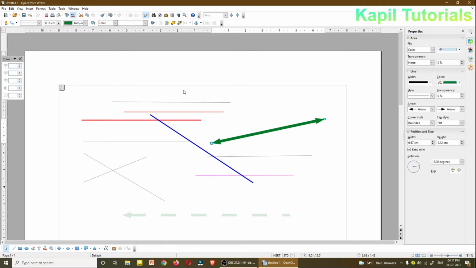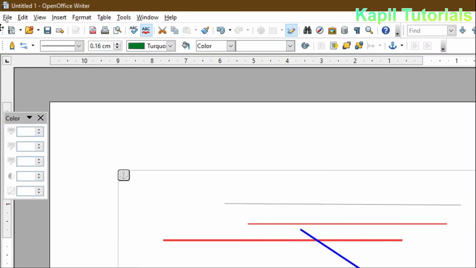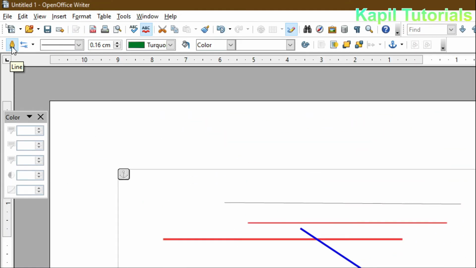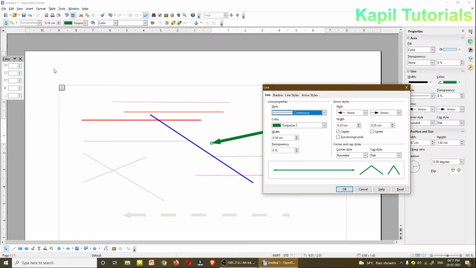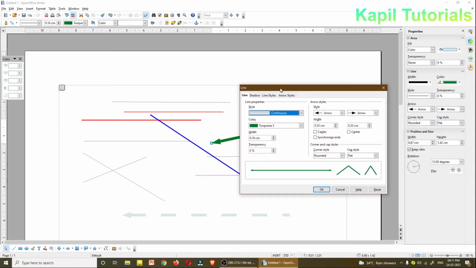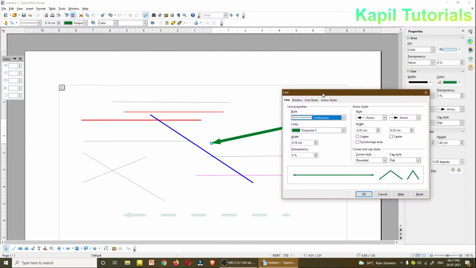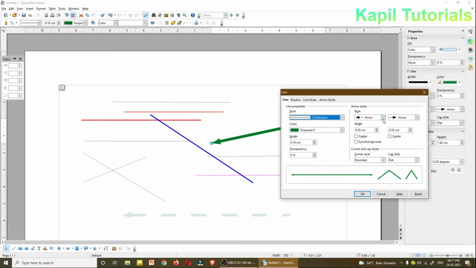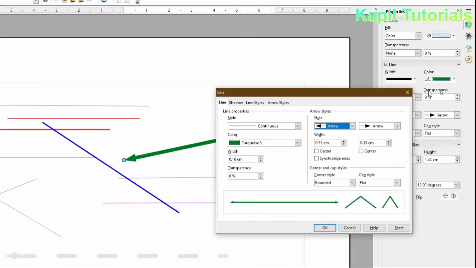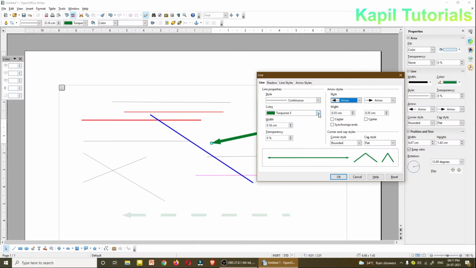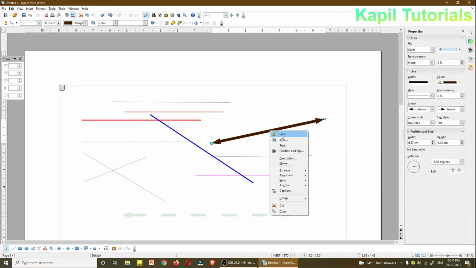And then even on the top you could see the options are here also. And if I click here on Line, you could see the Line properties dialog box comes in front, and from here also you can make the changes. Arrow style from here also, what you were able to see here. So those kinds of options are coming here also. Here you can change the color. With right click also it comes.